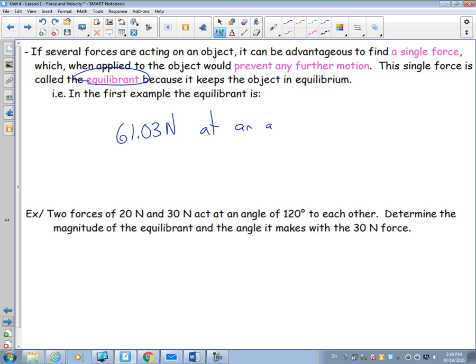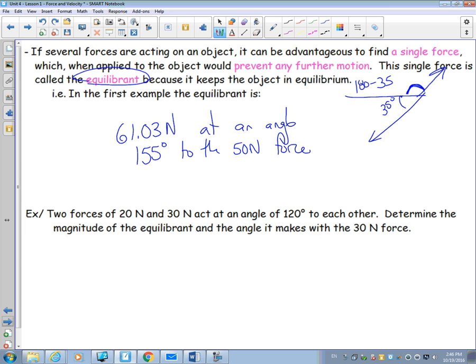And here's the one part you have to think about a little bit. The angle here before was about 35 degrees, going this way. So if I want to counteract that, I have to figure out what if I go that way then? How much is this piece in here? To figure that out, we can take 180, because the straight line makes 180, and subtract the 35. So if we took 61.03 newtons and acted at an angle of 155 degrees to the 50 Newton force,